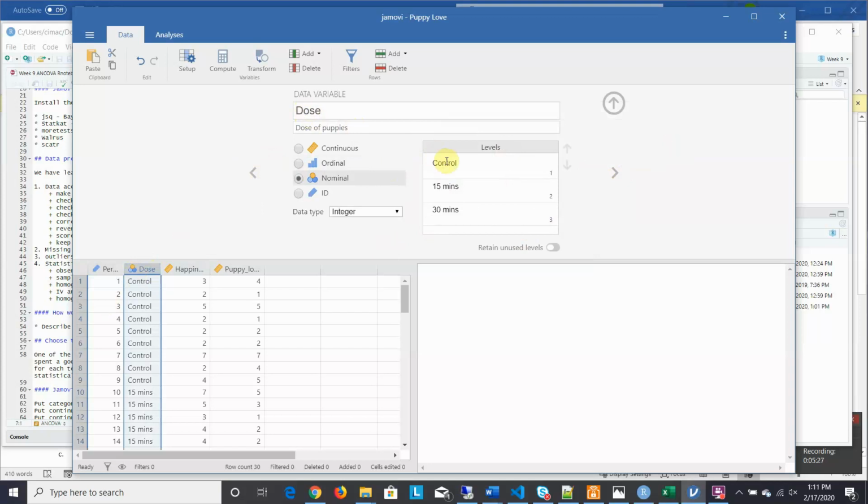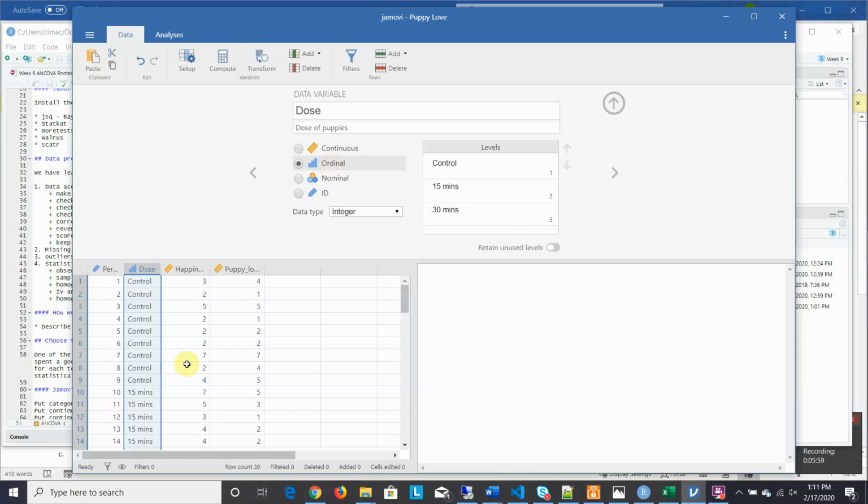It's a control that doesn't get any time with puppies, another group that gets 15 minutes, and another group that gets 30 minutes, and that would actually be an ordinal level of measurement, but nominal and ordinal are both categorical variables, which is what we need for our independent variable on our ANCOVA,